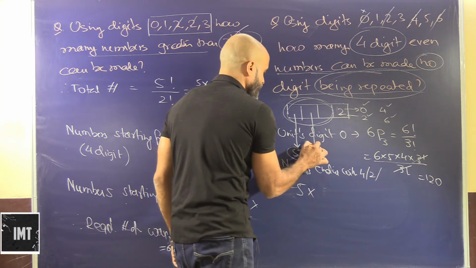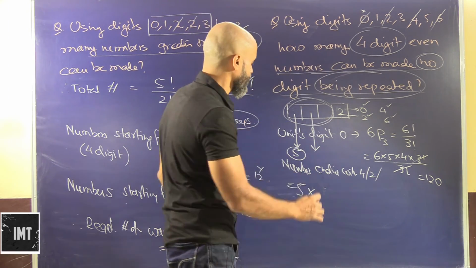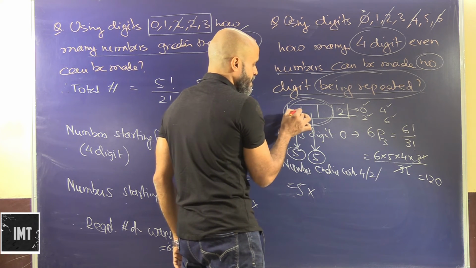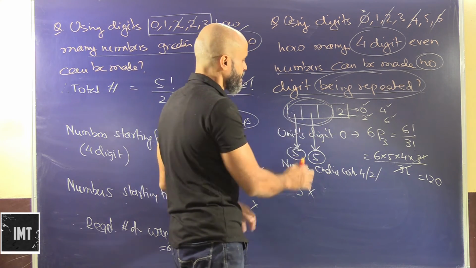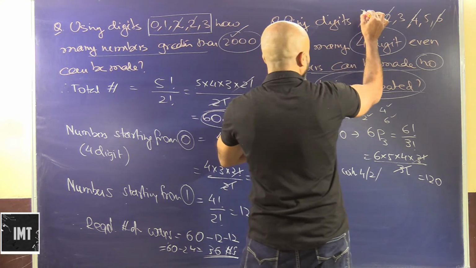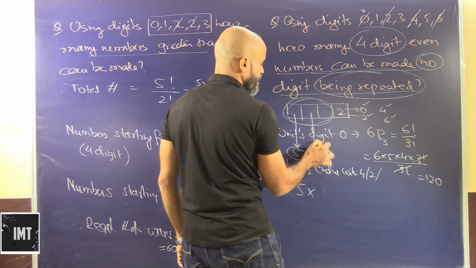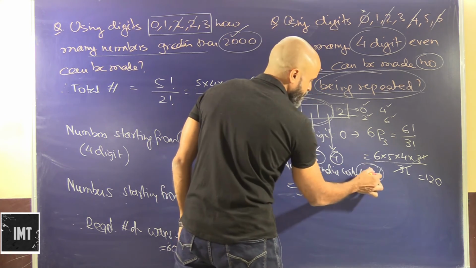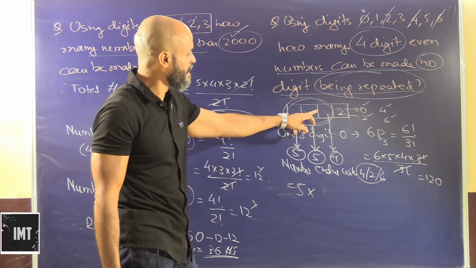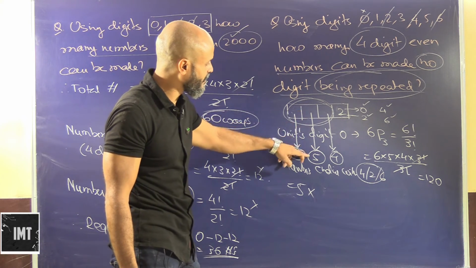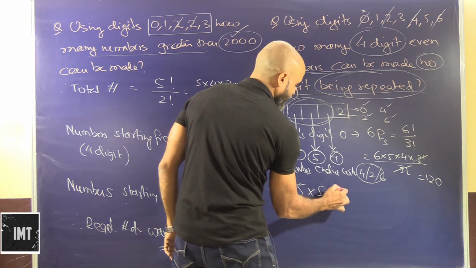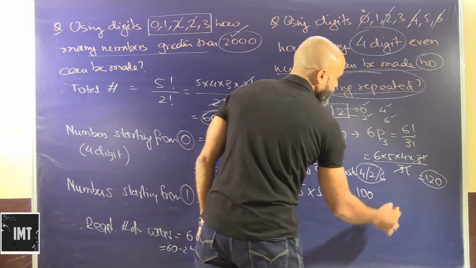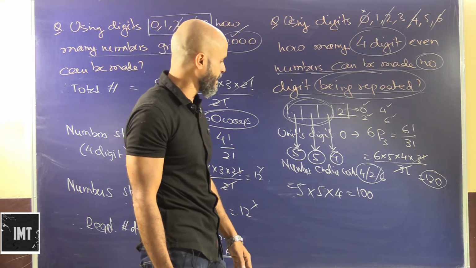Now what about the next place? Here we can include a 0. One digit has already been used at the end and one digit has been used in the first place, so the remaining number of digits to be filled here would be 4. So in each of these cases, 4, 2 or 6, we can fill these places by 5 digits and 4 digits. So 5 and 4, that will be 25 into 4, 100 ways. So with 0 as the last number, we can do it in 120 ways.